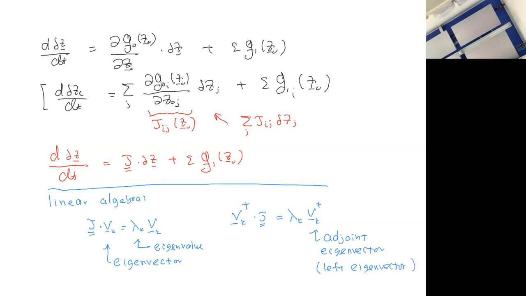And this eigenvector is sometimes called the right eigenvector. Okay, so the last little piece that you need to know is that J, actually we don't need to know that. Okay, so what we're going to do is we're going to write